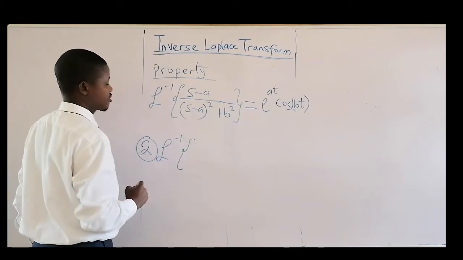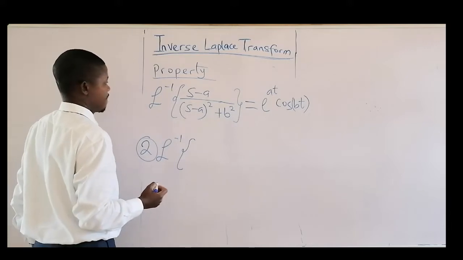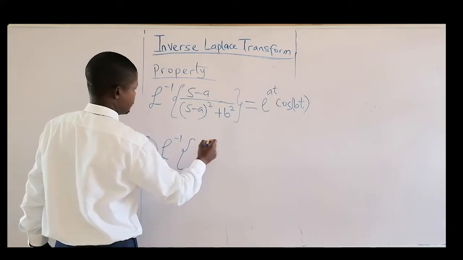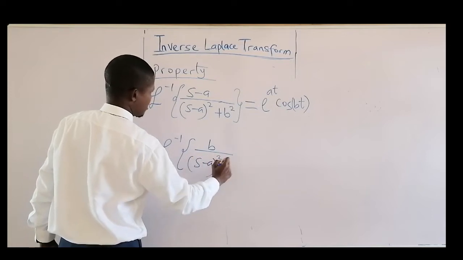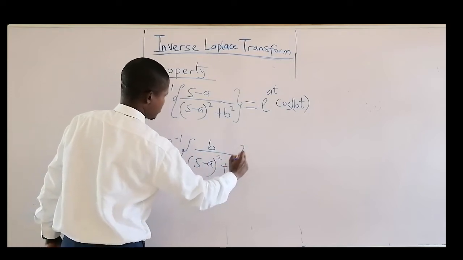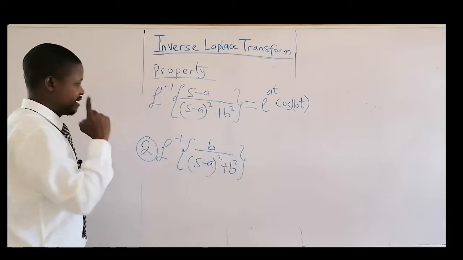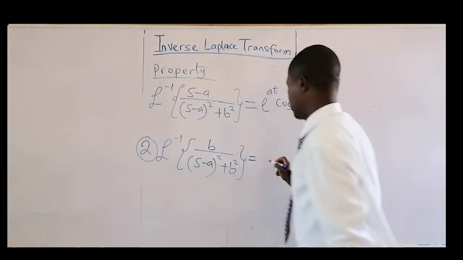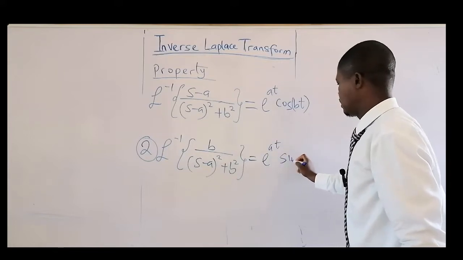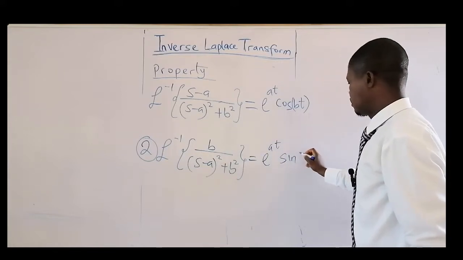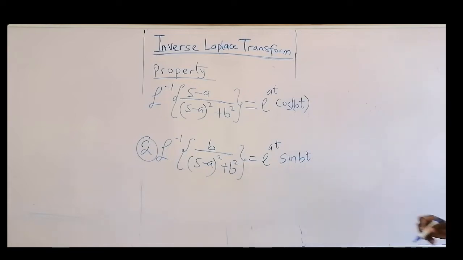Then the next one, another one for the inverse of this fraction, in case you have b over (s minus a) squared plus b squared. In this case, this will be equal to exponential at, sine bt. So if you look at these two formulas, you realize that